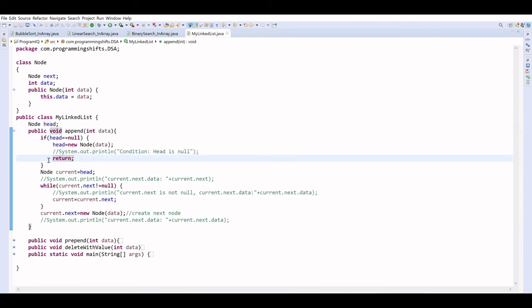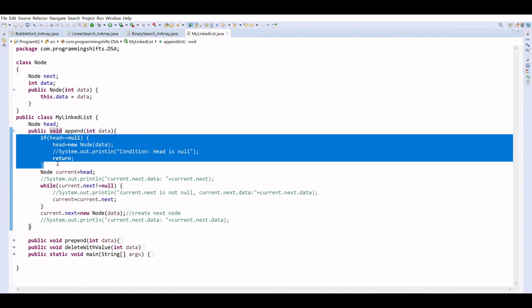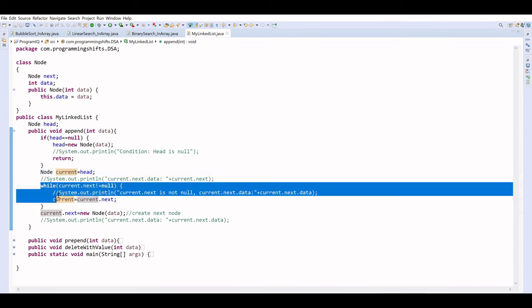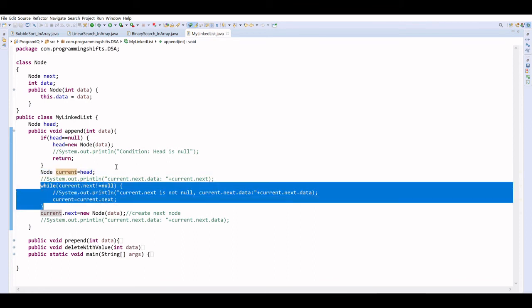Now if the head is already there, right, and we want to update the next value, we want to add a new value, what we have to do? We have to create one current node, and we will take the head first in the current, and then we will create a loop so that we will traverse the whole linked list, right?